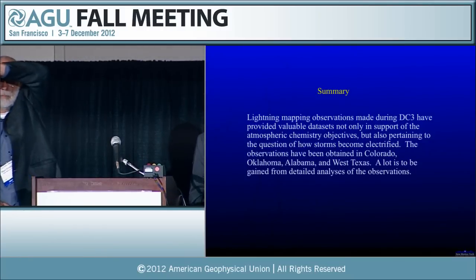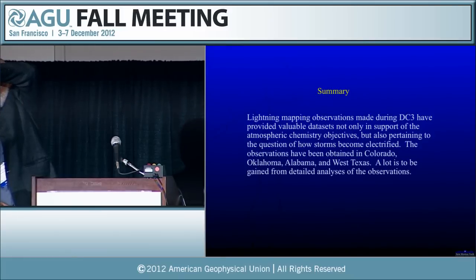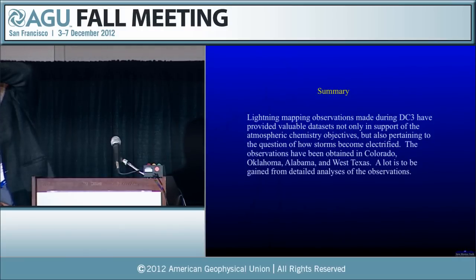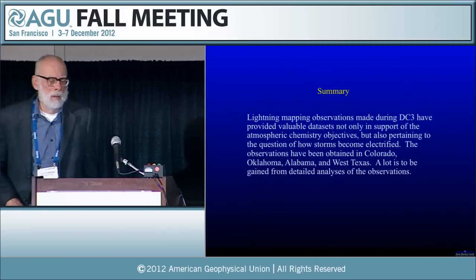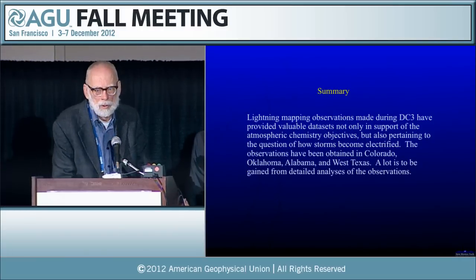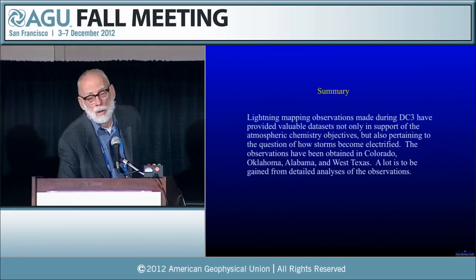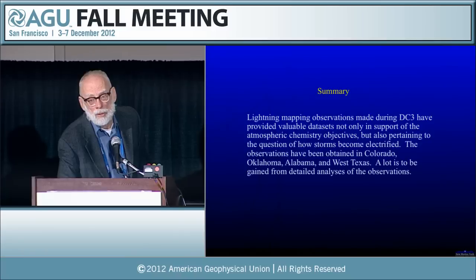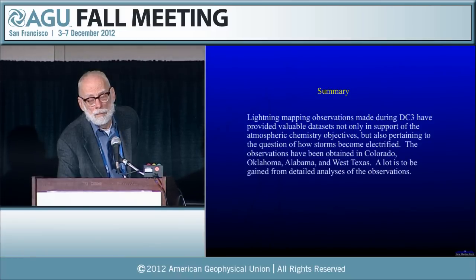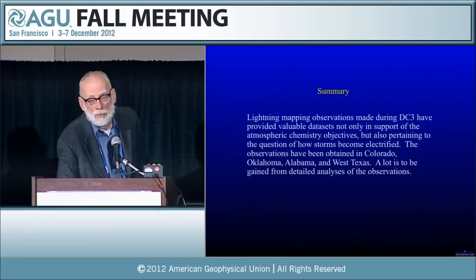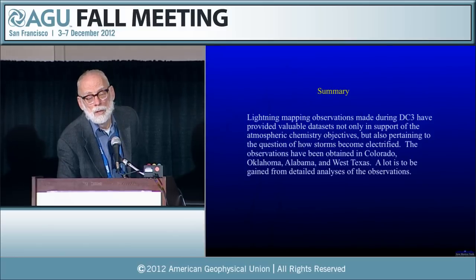Joe, the K change, what exactly are you measuring with the LMA during the K change? What part of the process? We're always measuring the VHF radiation. So basically, the K change starts out as what's called a recoil event in the positive breakdown region, and that is the same thing as a dart leader. If it was a cloud-ground discharge, that would be a dart leader, which then goes to ground. But if it's occurring during an intercloud flash, it's a dart leader which essentially goes upward in the cloud, but it's called a K change.